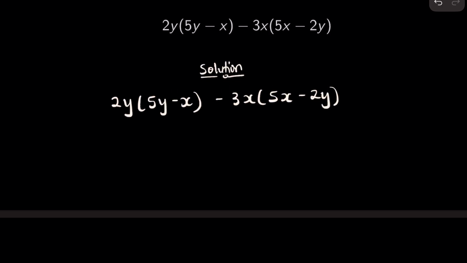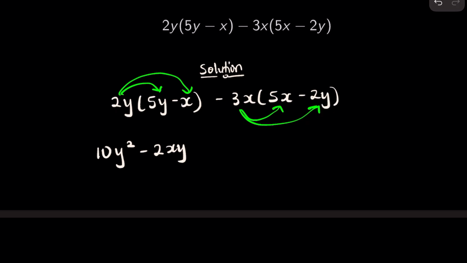Solution. So we first have to distribute these, right? So this will multiply this and this will multiply that. Likewise, this will multiply this and this will also multiply that. Thus, we are going to have 2y times 5y, so that's going to give us 10y squared. Then we have 2y times minus x. So that's going to give us minus